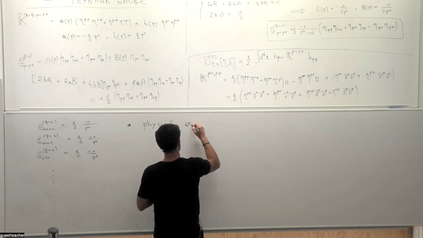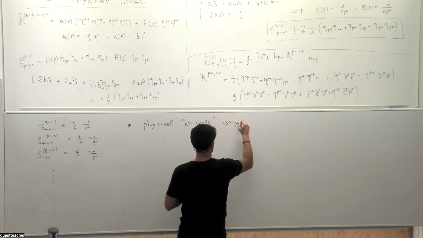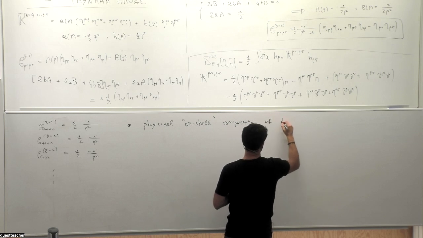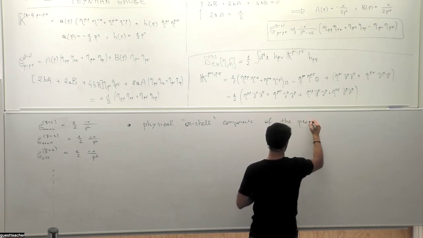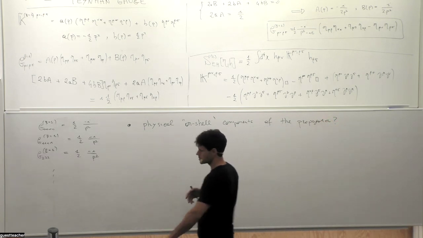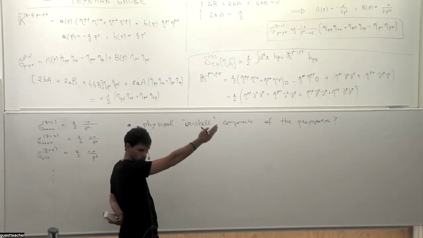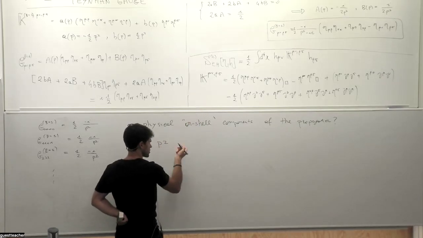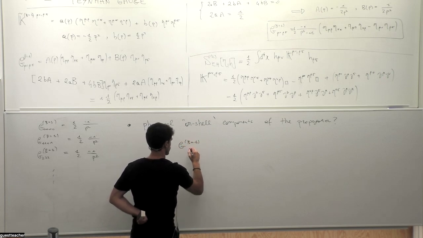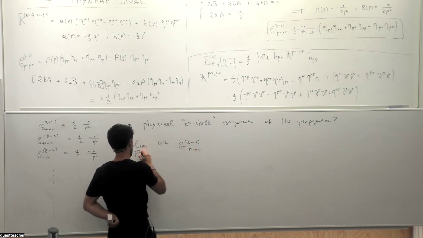Physical on-shell components of the propagator. Let me be more explicit. Basically, if you compute the residue of this propagator, which means you multiply by p squared, you take the limit for p squared going to 0,